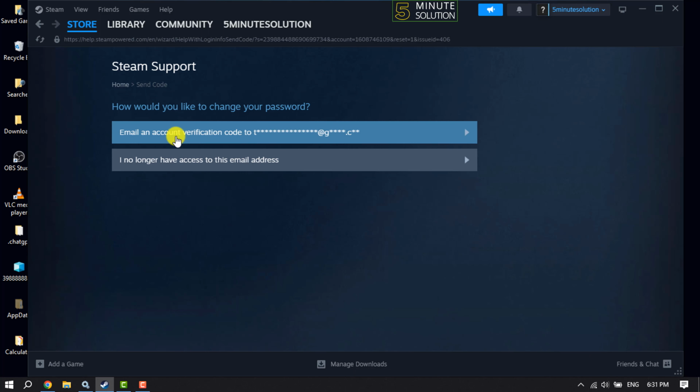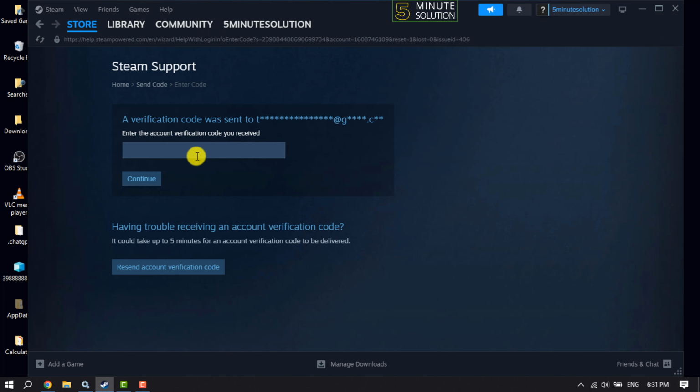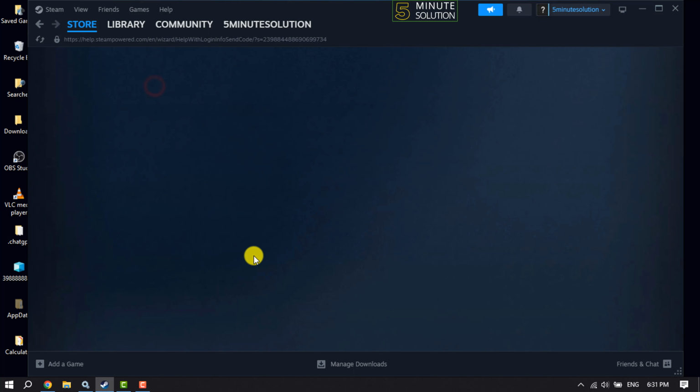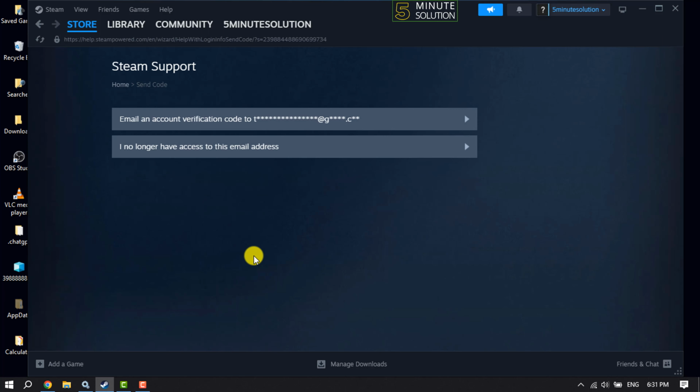If you have your Steam account email address access, then you can select this first option, and now you will get a verification code to your email address. Just enter the verification code here and click on continue, and then you will get the field where you can easily reset your password. And if you can't access your email address, then click on I no longer have access to this email address,